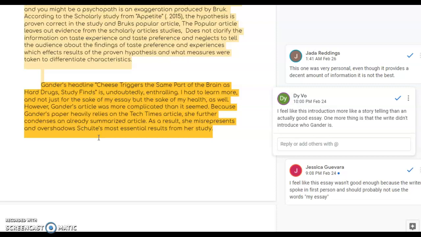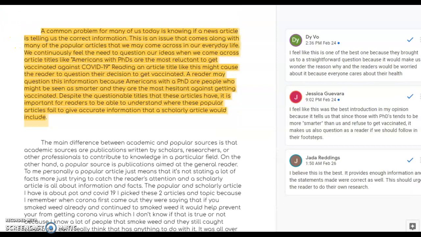The problem, Jessica notes here, or actually Dive notes here, is really that we don't get enough context, okay? So we don't know who Gander is. If we had a better understanding of where this article came from and why the author had read it, this might actually all work out pretty well. Context. To illustrate this, here is the one a lot of people identified as the best.